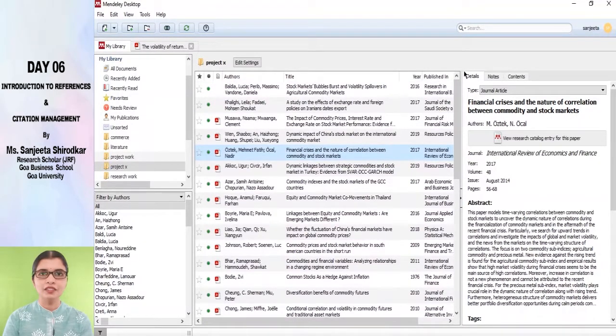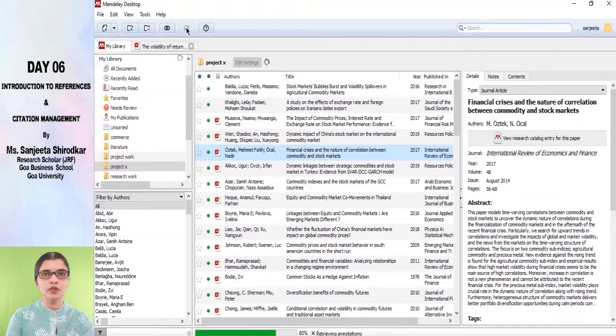For bringing the articles into your Mendeley, you will have to click on the sync button. This would sync the web library with your Mendeley library. Always when you are working on Mendeley, do not forget to click on the sync button. Whatever new references you are adding, once you click the sync button, those references will be stored in the cloud storage. If you are pulling some documents or references through the browser plugin, those will also be pulled into your Mendeley desktop, but for that you will have to click the sync button.